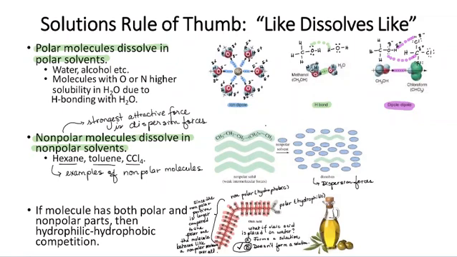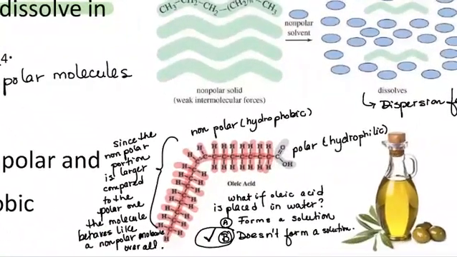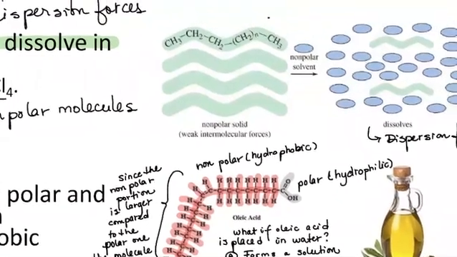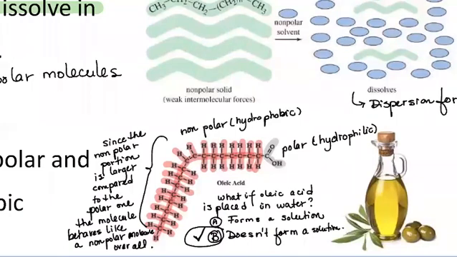It needs to have way more, because think about it. When it comes to oleic acid, this has 18 carbons. Let me count them. Oh, wait, hold it. We have 1, 2, 3, 4, 5, 6, 7, 8, 9, 10, 11. Yeah, we have 18 carbons that we have to overcome. So if you want to make oleic acid be soluble in water as it is, there's two options. You introduce to the molecule, which you have to change chemically, okay? A lot of C double bond OH around the molecule, or the other option is that you make it an